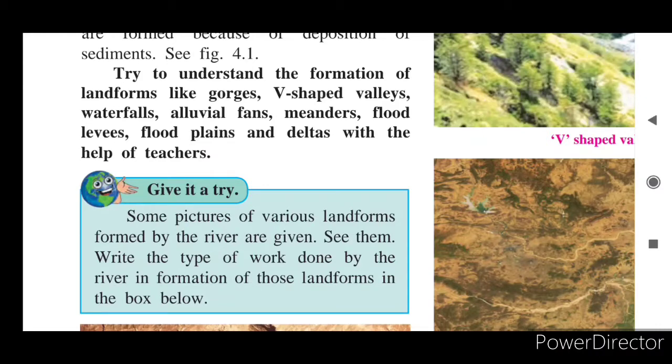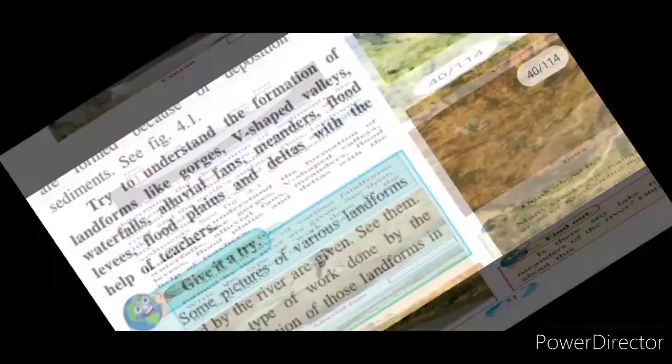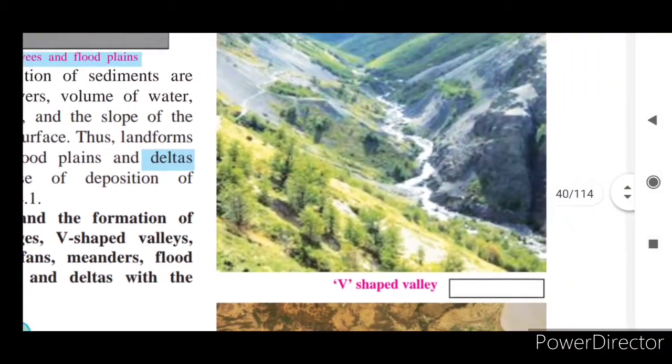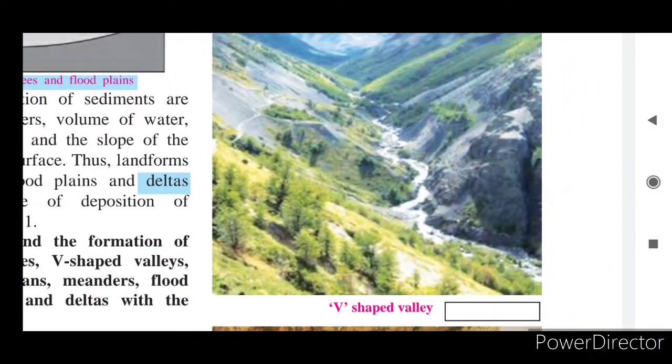Now next is given V-shaped valley. Now see, here we are having the picture of V-shaped valley and I will explain, you try to understand. So this is the picture of V-shaped valley and it is produced because of erosional work of river. A V-shaped river valley is formed near the origin of the river or in its upper course. So vertical erosion,